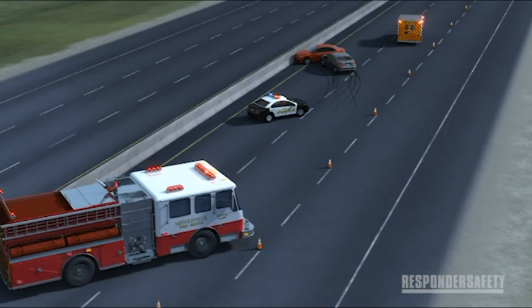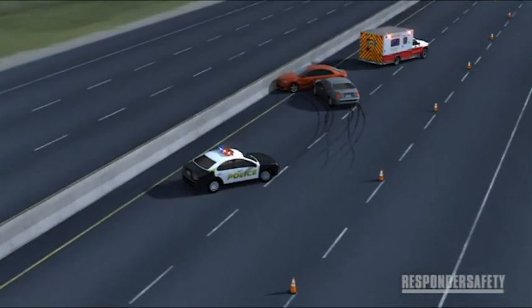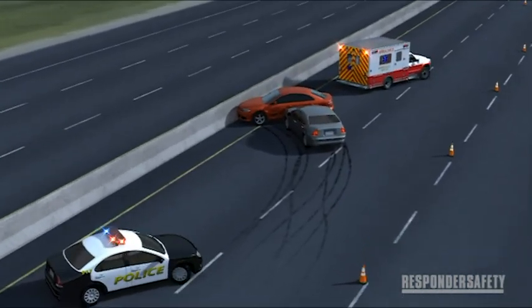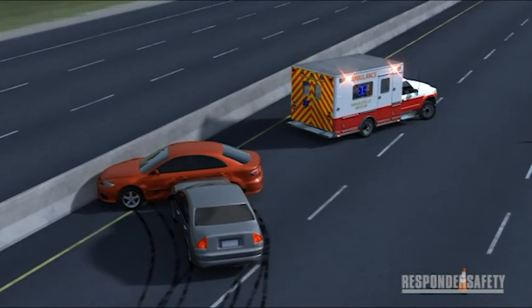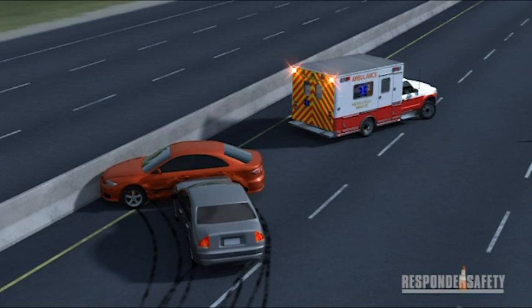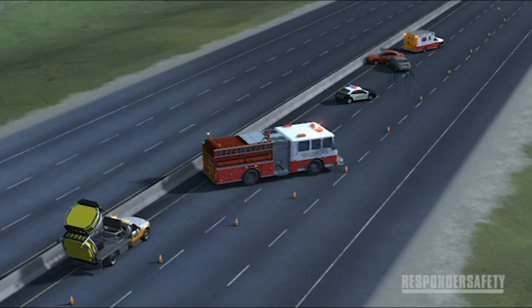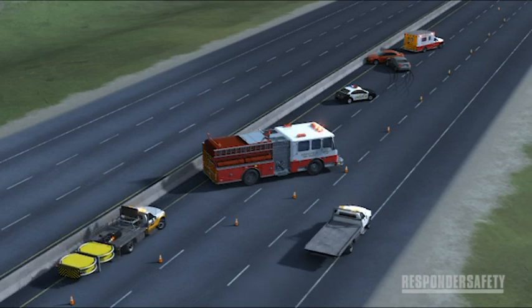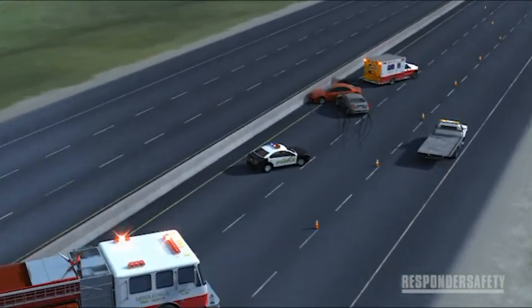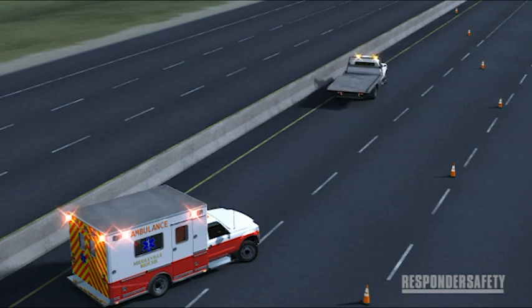When the ambulance arrives, it's able to take advantage of the shadow to park within the work area downstream of the incident with its loading doors angled away from traffic. This enables EMS to have room to work on patients and load them in without stepping into traffic. DOT arrives with its arrow board in the advance warning/transition area to further direct traffic around the blocking vehicles and thus the work area. Finally, when towing and recovery arrives, they're able to park downstream and wait for their opportunity to load and remove disabled vehicles, easily driving